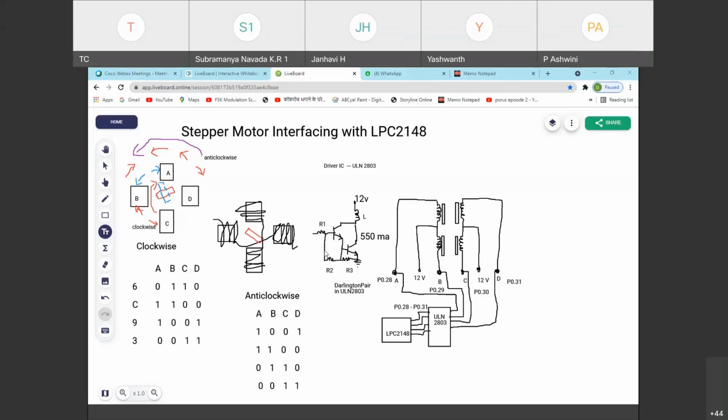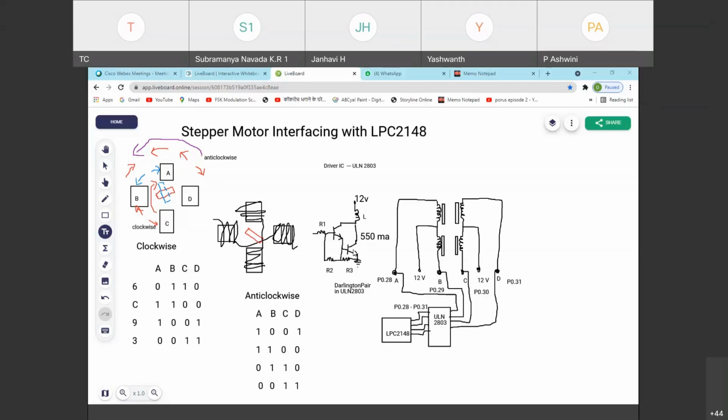Just understand at the input side, R1, when you give some input, logic high. Logic high means 1, and 1 means 5 volts. When I give 5 volts, the transistor turns on. If this is turned on, it pulls the other transistor on.